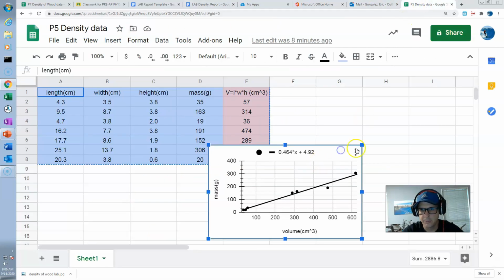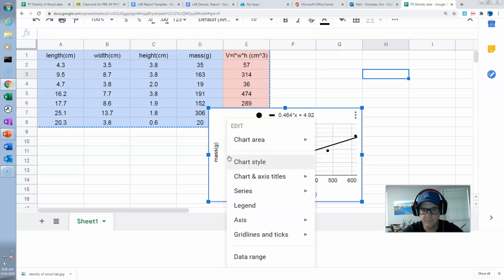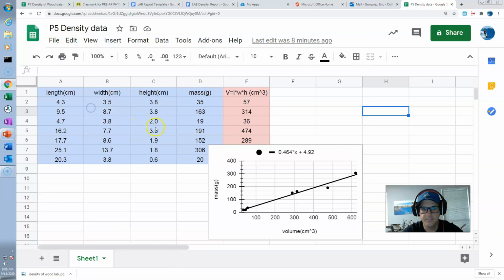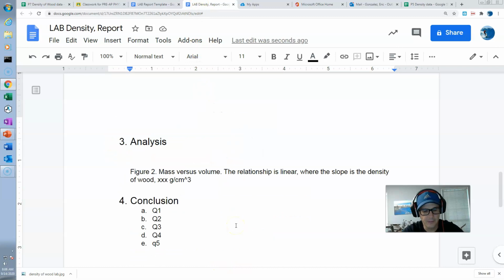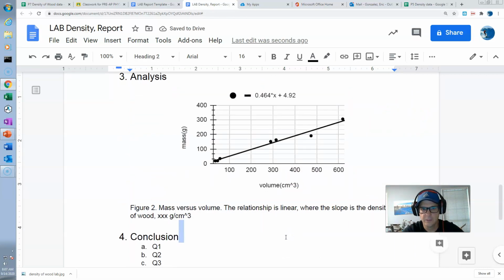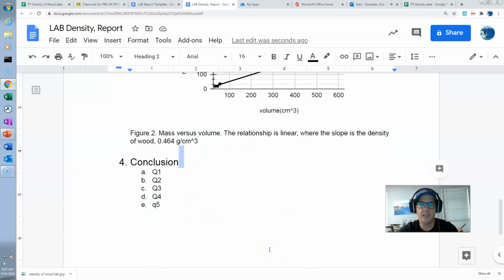go to sheet, copy the graph. So click the graph, Control C, go over here and paste it. Control V, paste unlinked. Reduce the size of the graph. And now let's put the value 0.464. Okay, and now